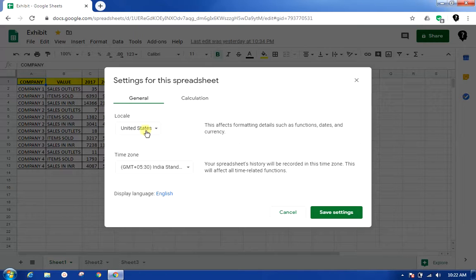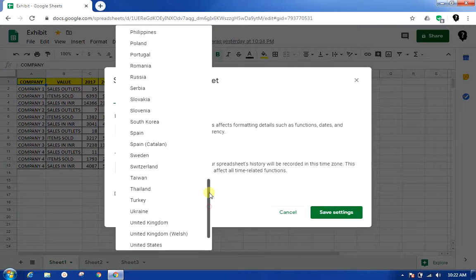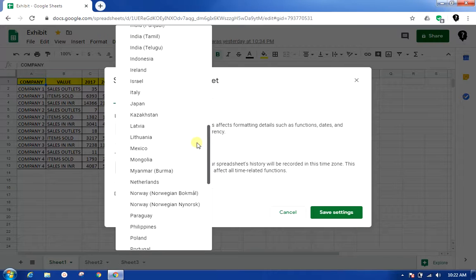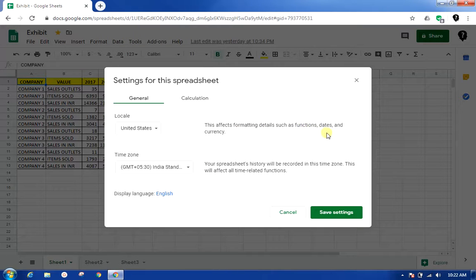General defines the geography, the locale we call it, and it contains names of various countries, and accordingly it has the details of, for example, the date format, the currency format, currency symbols, etc. So the country specific variations in these parameters vary. Time zone we can choose again as per our required time zone, so that it will get recorded as per the selected time zone. Display language also we can change from here. If you want English or any other language, we can select from here.